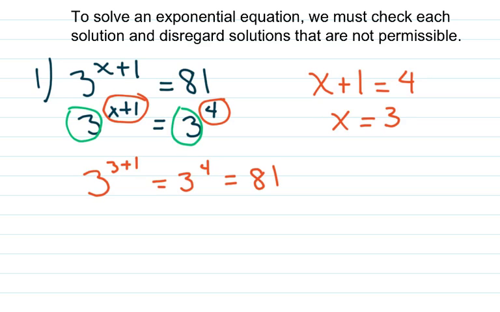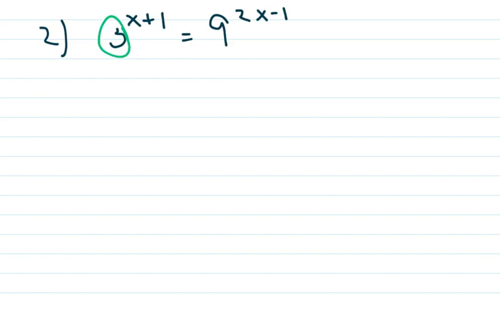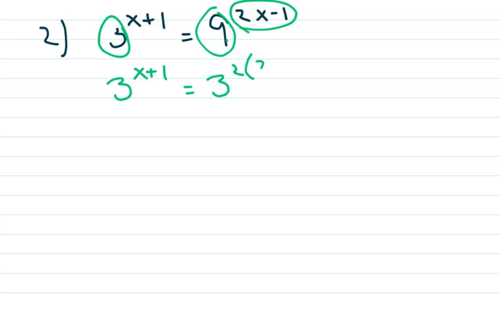Okay? So let's try another one. Let's try 3 to the x plus 1 equals 9 to the 2x minus 1. My bases clearly are not the same. I'm going to make my bases the same. Always go down. Since that's 9, we're going to go down to 3. So that's 3 squared, and whatever is here, we're going to multiply that by 2. So 2x minus 1. So we get 3 to the x plus 1 equals 3 to the